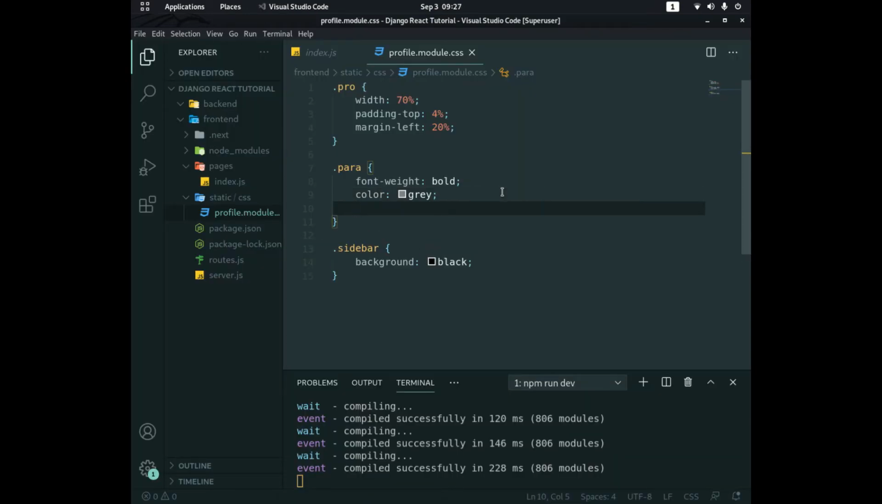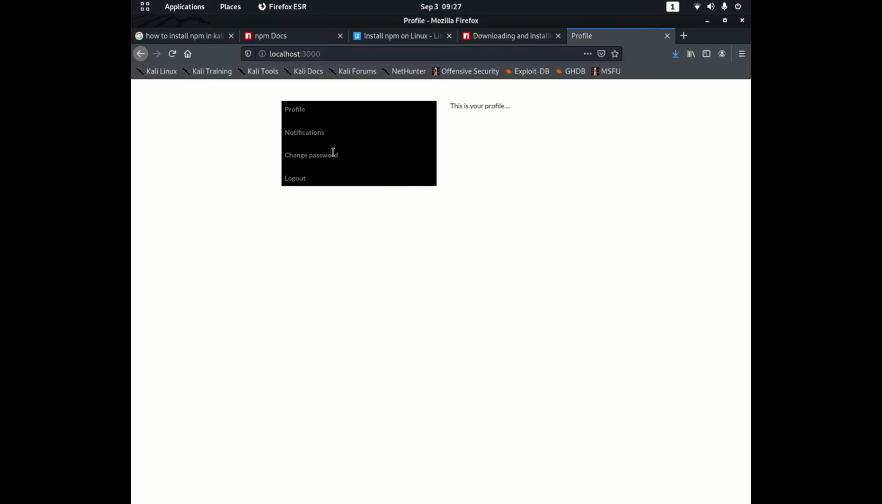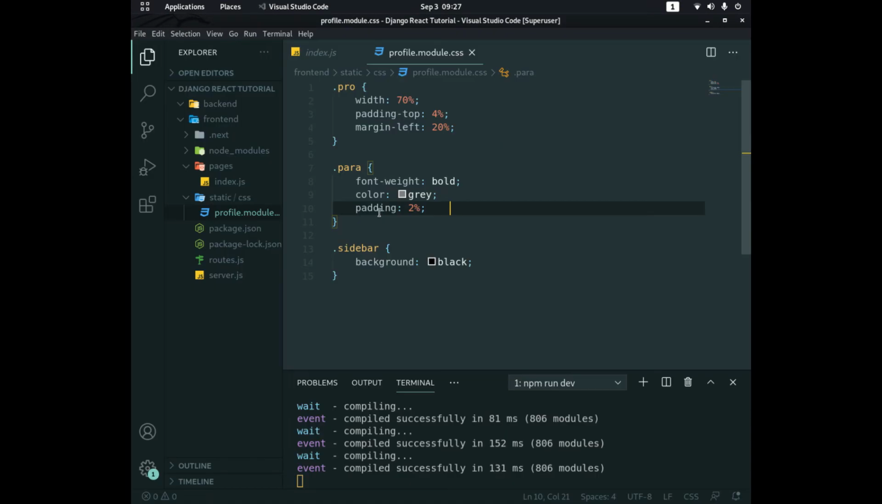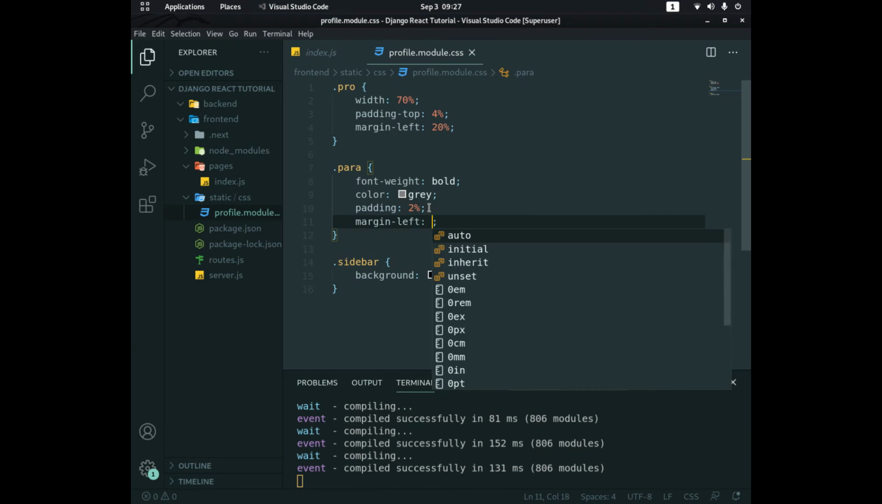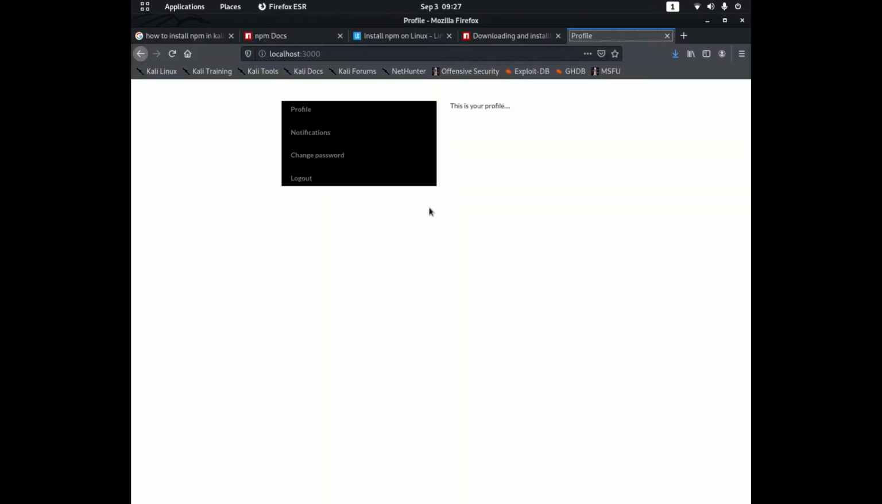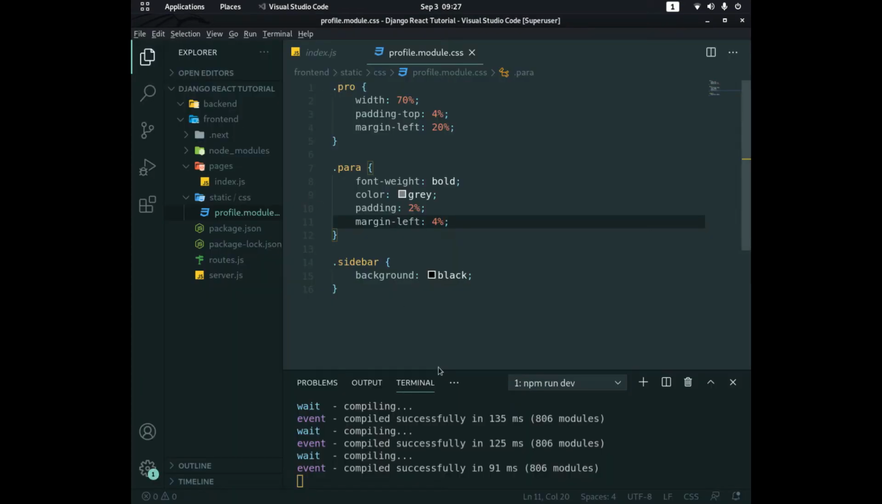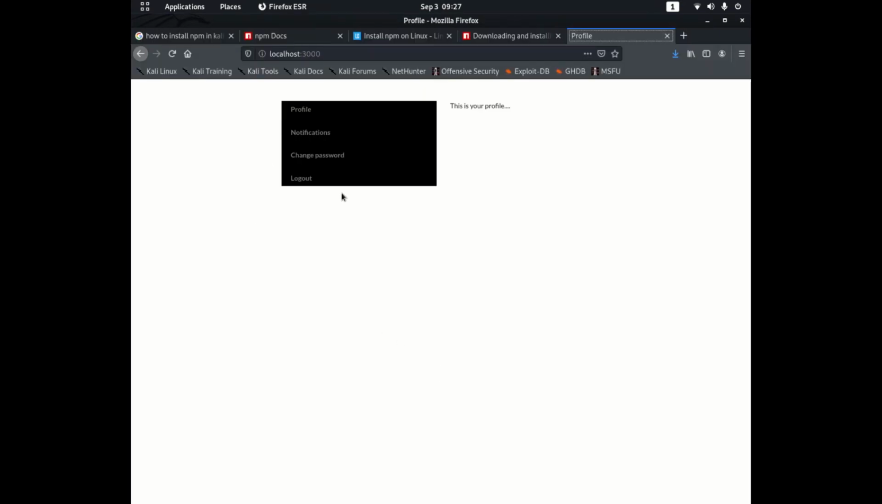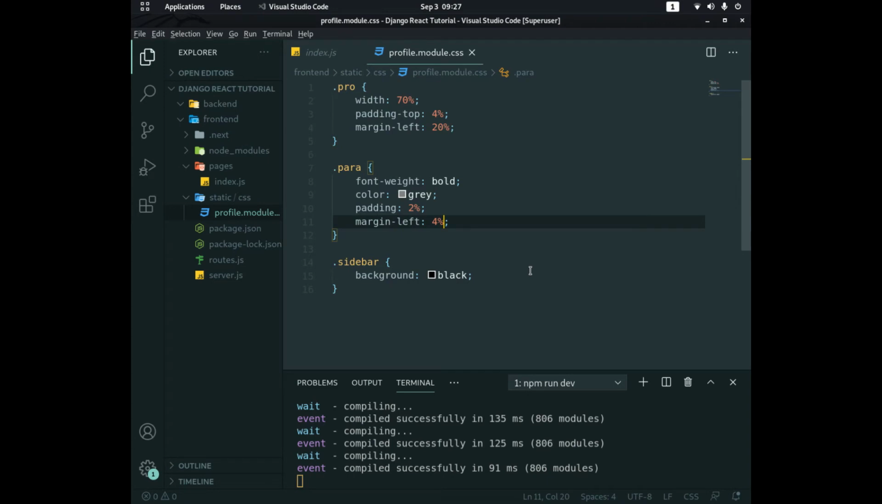Also, maybe a padding of 2%. See? It's okay about this. Also a good 2%. I also have margin right, let's make it 4%. Yeah, it's okay now. So 1, 2, 3, 4. Then here